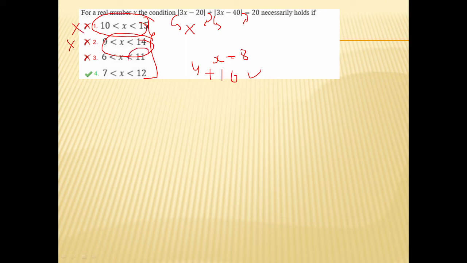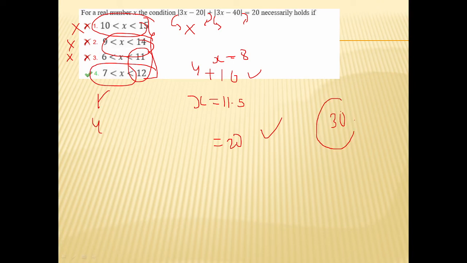Now you can see here that there are 2, 11. Put x equal to 11.5. As you can see, there is no 11.5 in these two options. So we'll put 11.5 in this equation, and you will get the sum is 20, satisfies. 3, we don't have 11.5, so this is gone. Ultimately the answer to this question is 4. Less than 30 seconds you will take. Super quick, super awesome approach with the options. Instead you break that and you waste plenty of time.